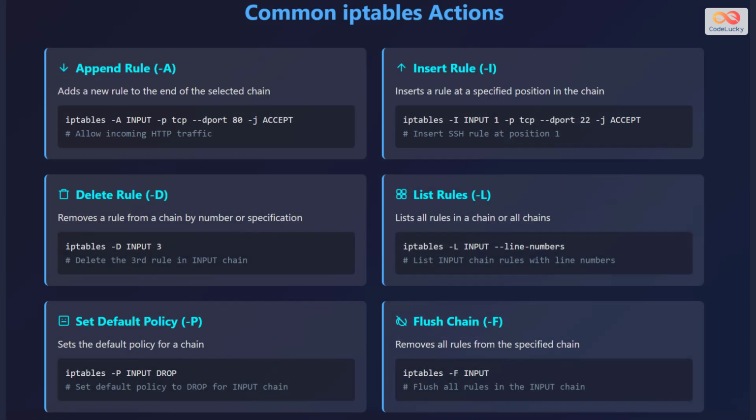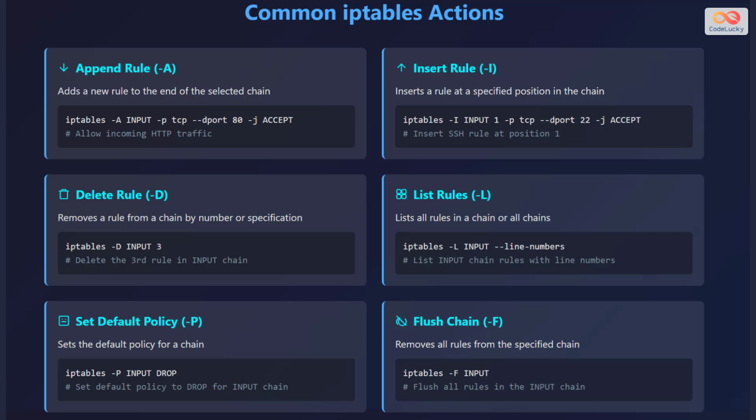Let's explore some common iptables actions. Append rule adds a new rule to the end of the selected chain. For example, iptables -A INPUT -p tcp --dport 80 -j ACCEPT, which allows incoming HTTP traffic. Insert rule inserts a rule at a specified position in the chain. For example, iptables -I INPUT 1 -p tcp --dport 22 -j ACCEPT, which inserts an SSH rule at